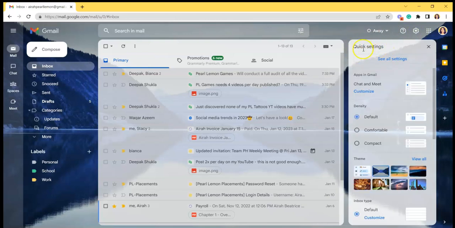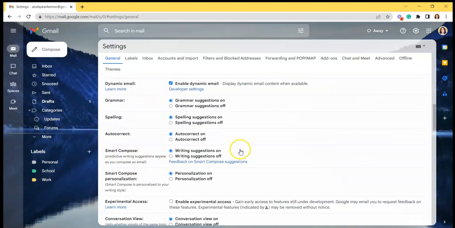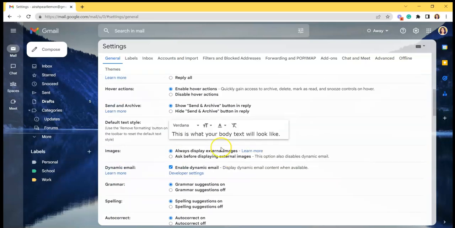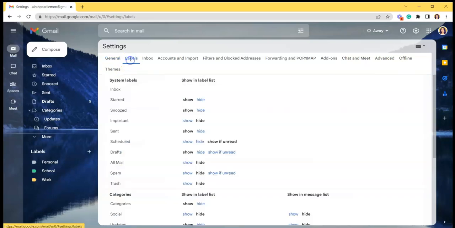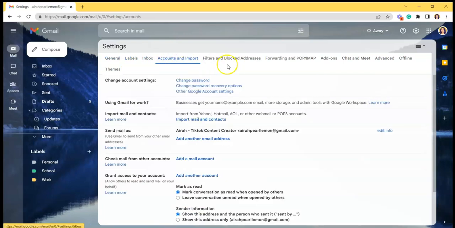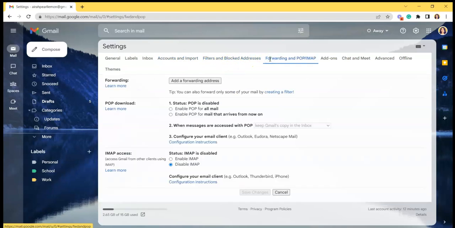Once you click on it, you can easily see the quick settings, but since we want to go deeper into the settings management, let's click see all settings, and it will direct you to the settings page. As you can see, you have a lot of options to personalize your account, and also you can choose for the labels, your inbox, accounts and import, filters and block addresses, forwarding and POP or IMAP,